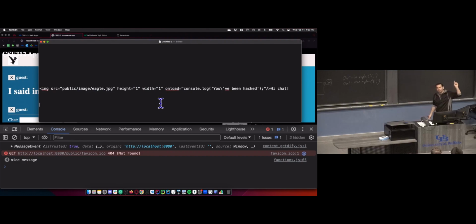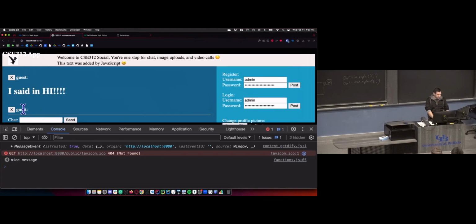So I'm going to have a 1-pixel image, something most users are never going to notice is even there. And then I'm going to react to the onload event, so after this picture is done rendering, I'm going to run some JavaScript, and then I'll add a little message just so this looks like an actual message instead of the other one, which was just a blank message. Like, this is super suspicious here.